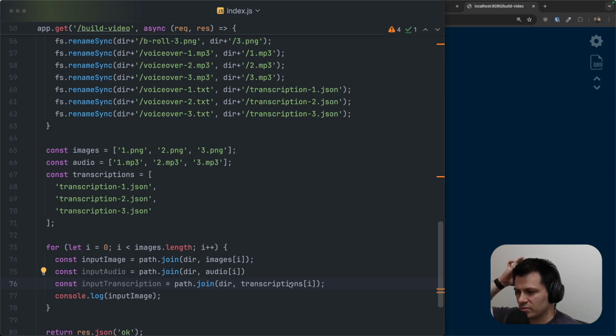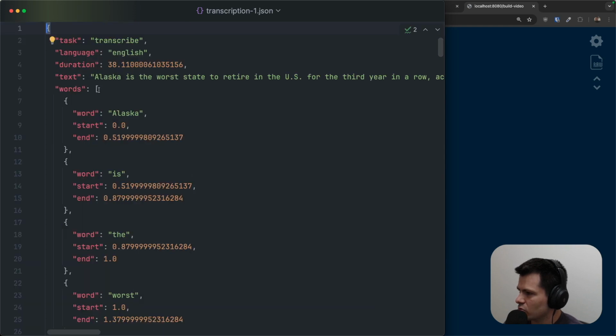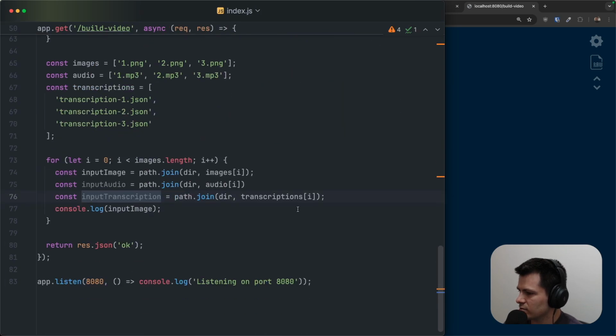Now, what do we want to do? We want to first read the transcriptions. One important thing is here we have words, but we have also duration of the audio that we are also going to use. Let's go back to this index, and now